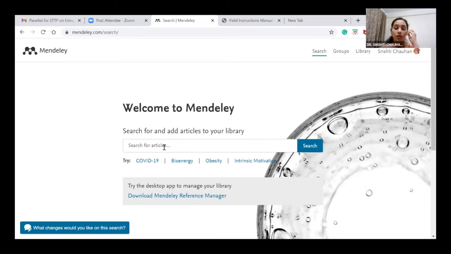Okay, so basically with Mendeley, it is able to search. It also gives you an option to search for articles, और ये वो articles होंगे जो कि Elsevier के अंडर जो journals हैं, ठीक है, उसमें आप सर्च कर सकते हो. तो कोई भी आप कीवर्ड डालो. फॉर एग्जांपल मैं